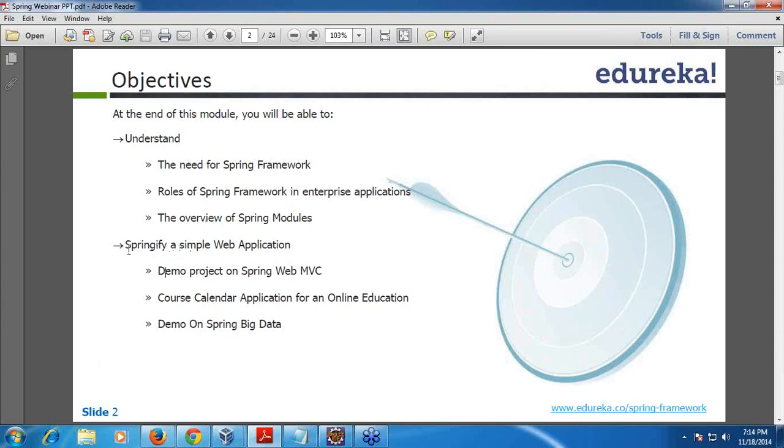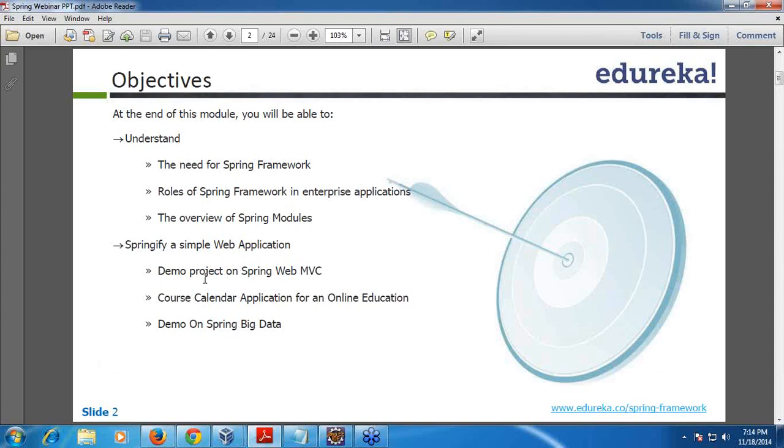I will start with springifying a simple application. I will just take a normal JSP servlet application, and then show you how to convert that to a Spring application, a Web MVC application, and then how to modularize it, and how to use database connections, everything I will show you.